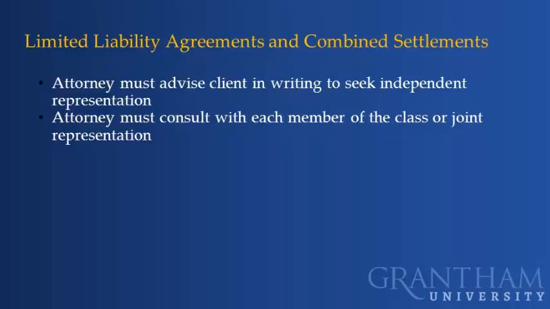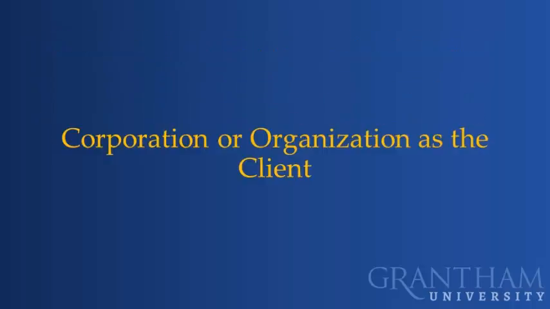If the attorney represents clients in either a joint representation or class action suit, he or she must discuss any proposed settlement with each and every client, just as if the suits were separate. The final limitation of representation concerns an attorney limiting his or her liability with the client. A client must have independent representation in order to limit their attorney's liability. Likewise, if an attorney wants to settle a liability claim with a current or former client, they must advise the client in writing to seek independent representation regarding any settlement.